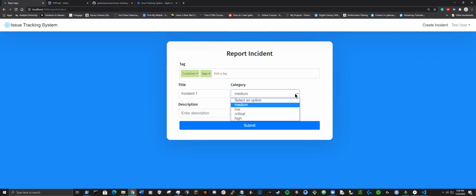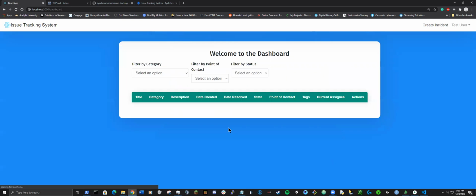We created system configurable categories, and we based them off of priorities similar to Jira. And then if I were to create a description, we then